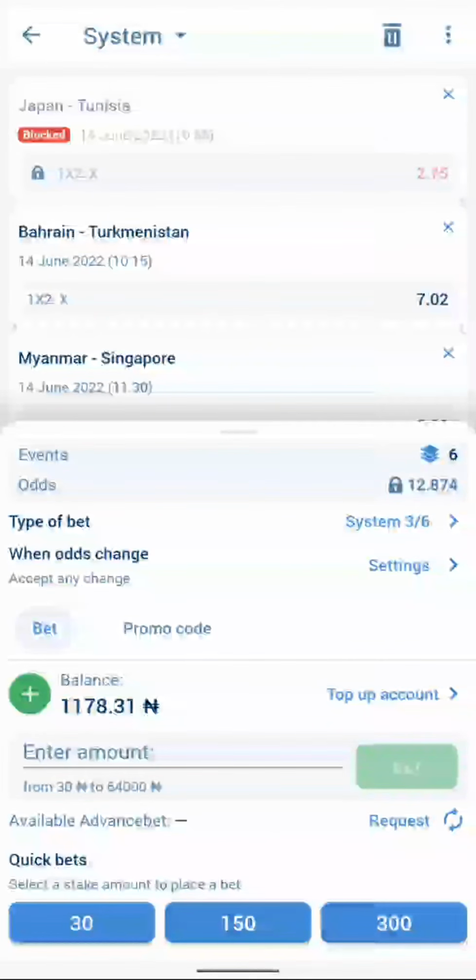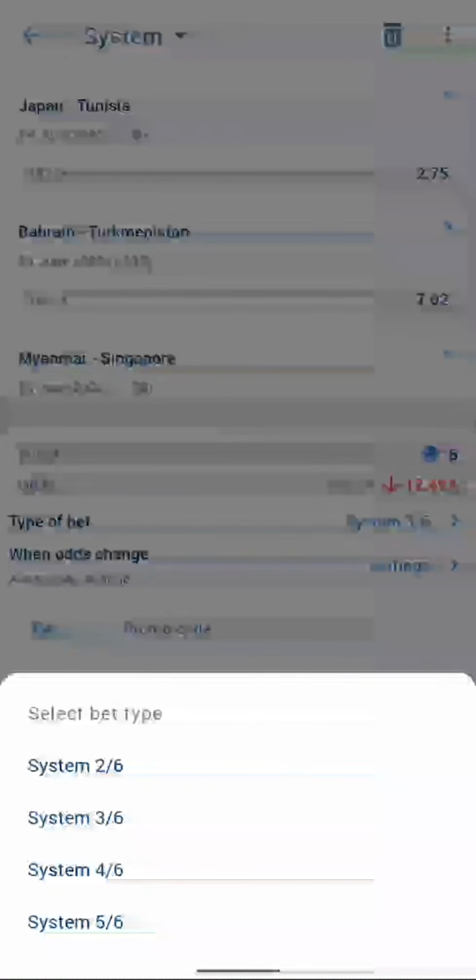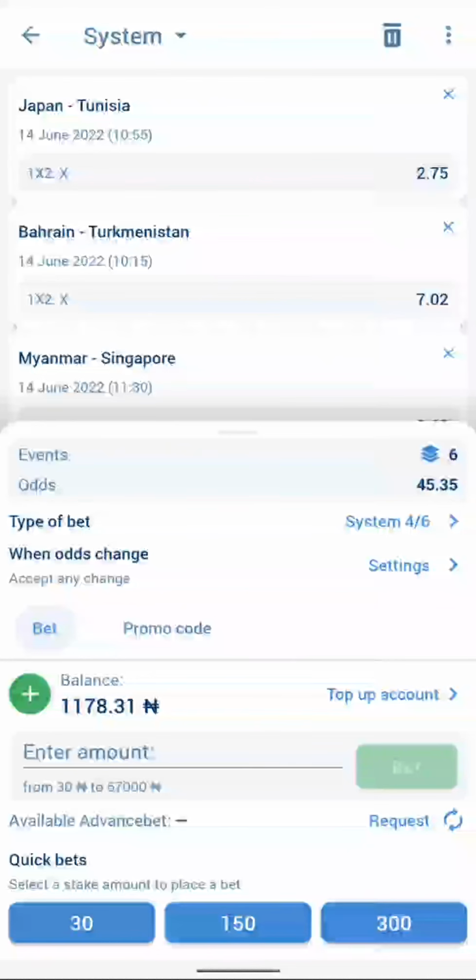You can see it's now 12. Then click, if you want to stake, you can stake it this way. But if you think you can actually win like 4 games, then you can click on the system, click on 4. You can see it's now 45 odds. So yeah guys, that's how to bet on